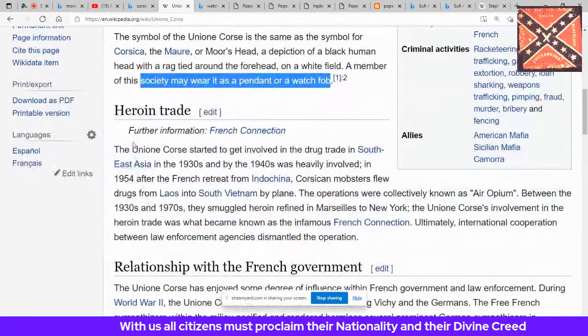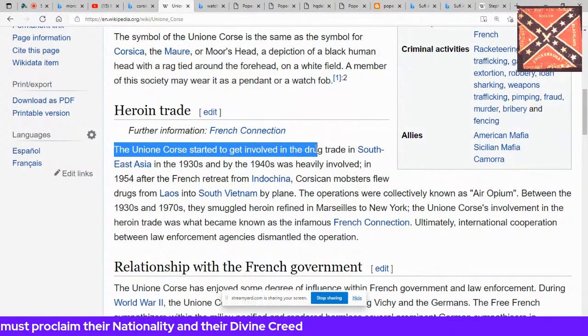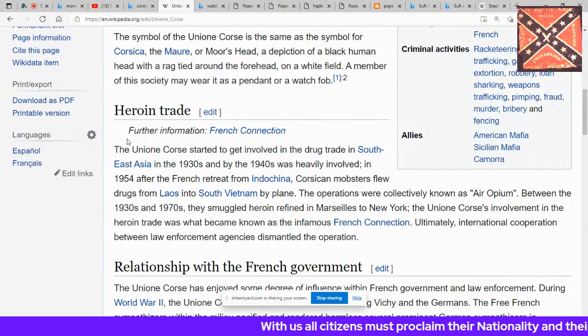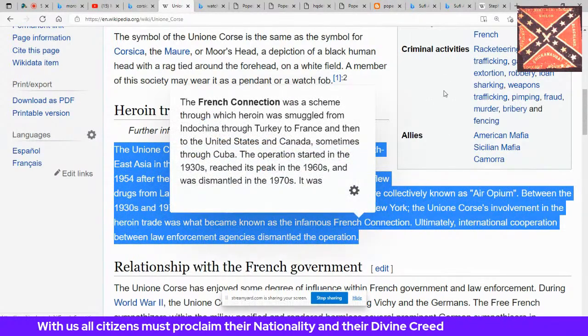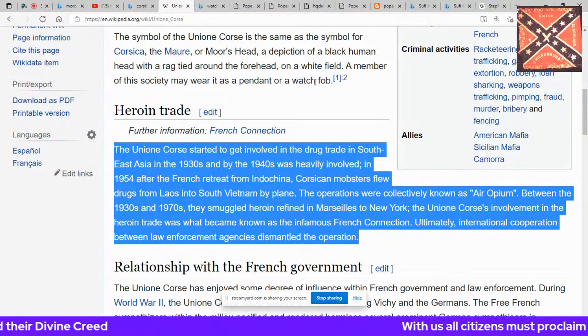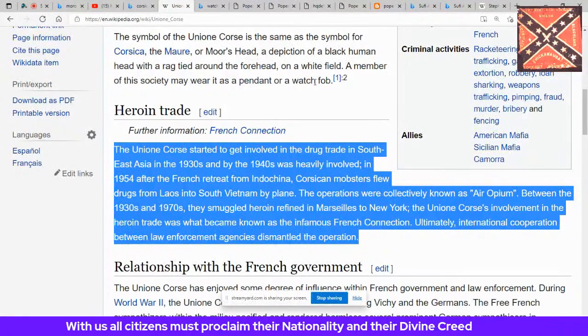So a member of the society, where it is dependent on a watch fob. Keep on reading, we're gonna see why. It says why the spirit led the Moors to actually go to war with the Vietnamese. Keep reading. Okay, so now it says they got involved in the drug trade in Southeast Asia in the 1930s, and by the 1940s was heavily involved. In 1954, after the French retreat from Indochina,